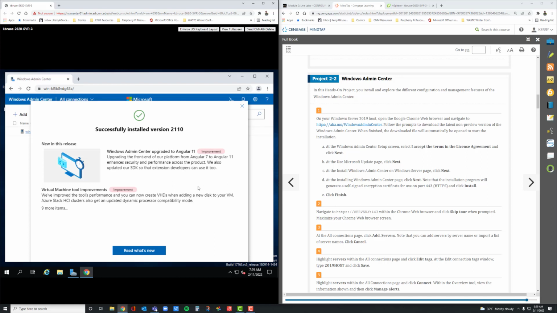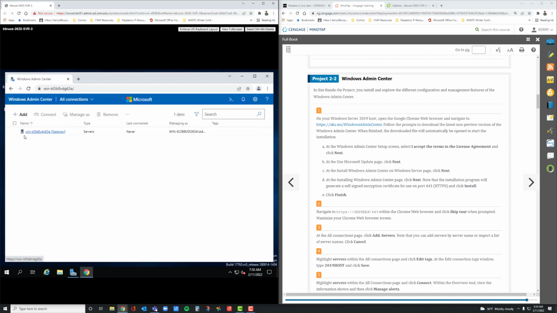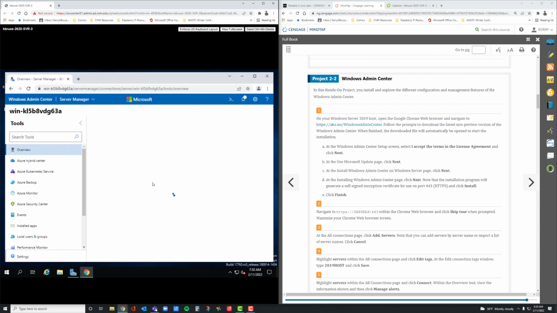So this is a web-based utility that is going to be real similar in makeup. Eventually, I think, like the Server Manager. So, right, so we're good. We don't need to worry about what's new. And you can see I've got my server here. It's doing some fun stuff up on the edge here. If I click on this,